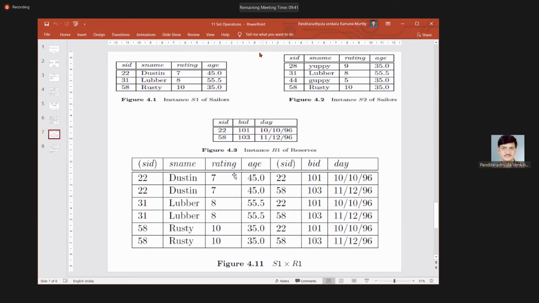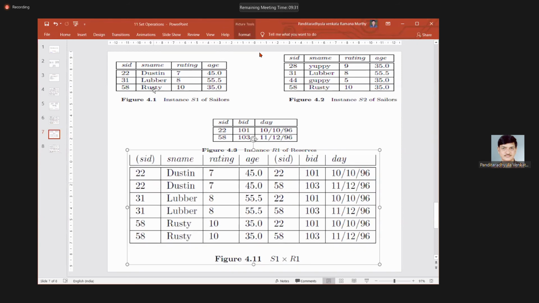This indicates the first row is repeated twice from the first table, joined with the 2 rows in the second table. Similarly, 31, Luber, 8 is repeated twice, joined with the 2 rows in the second table. Then 22, 101 once, then 58, 103.